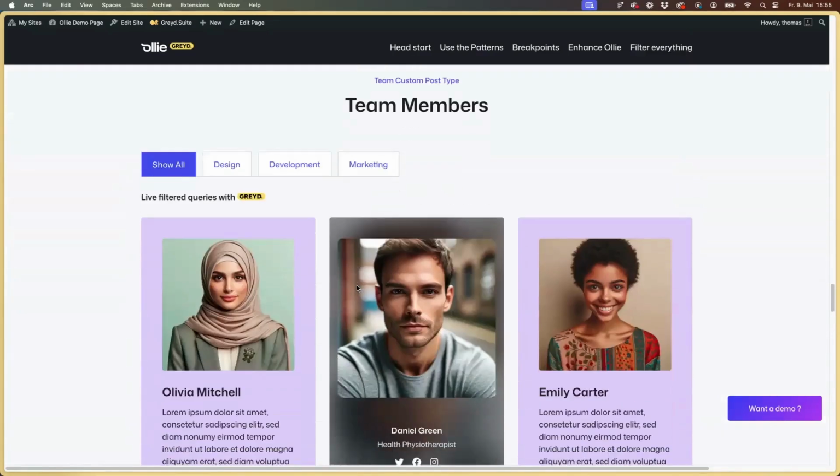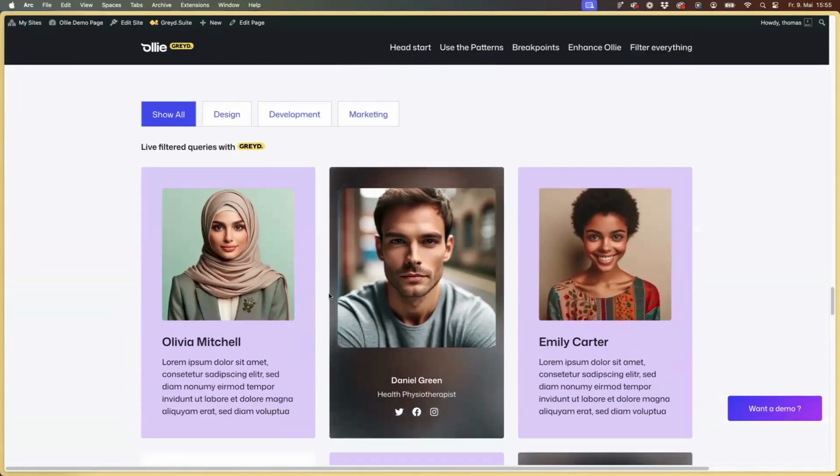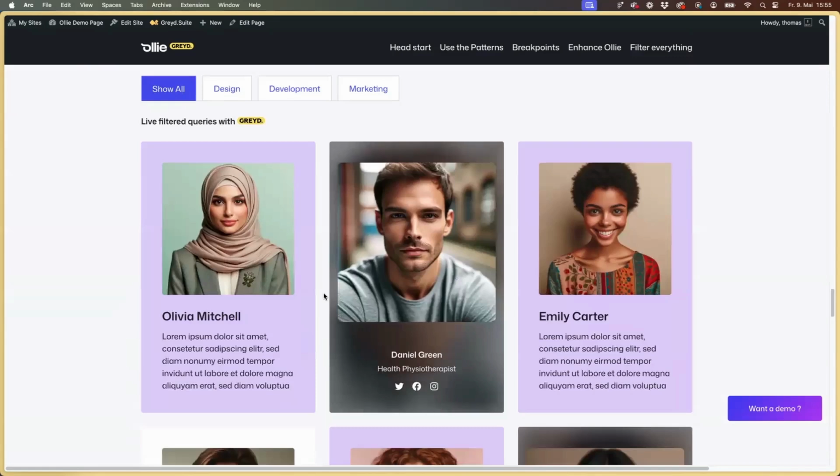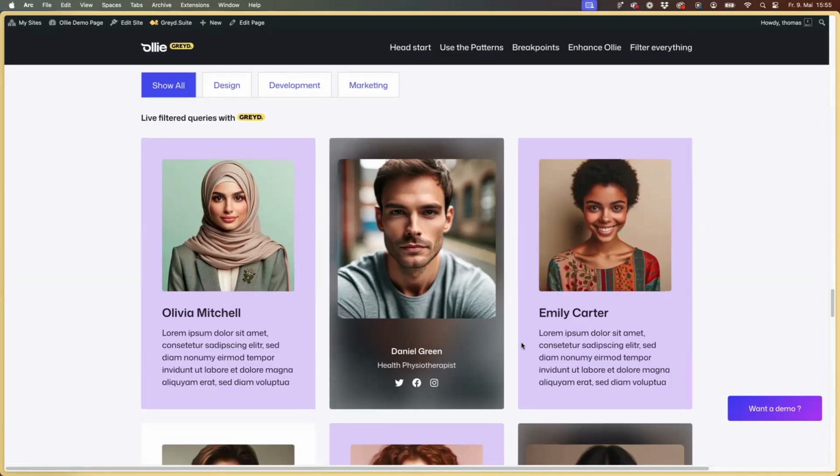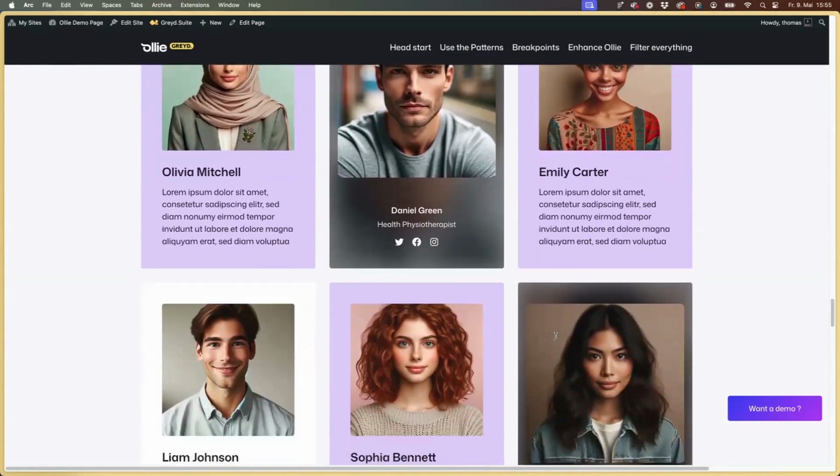Scrolling down further, here we have something very special. This is a query loop using dynamic data from a post type, which is created through the Grade settings for our team members. And this is not custom built. It's a query which takes the data from that post type. But every tile looks different